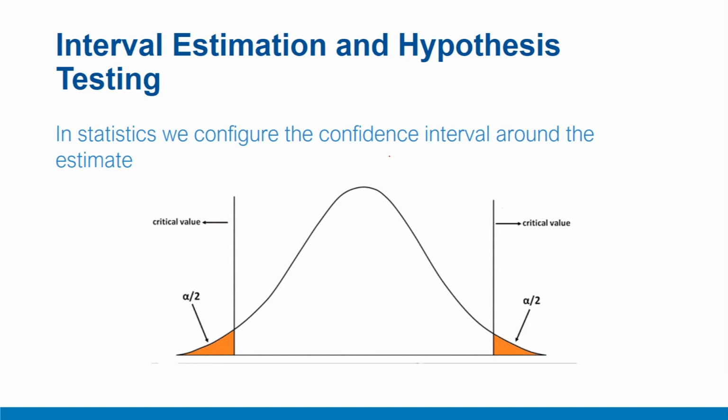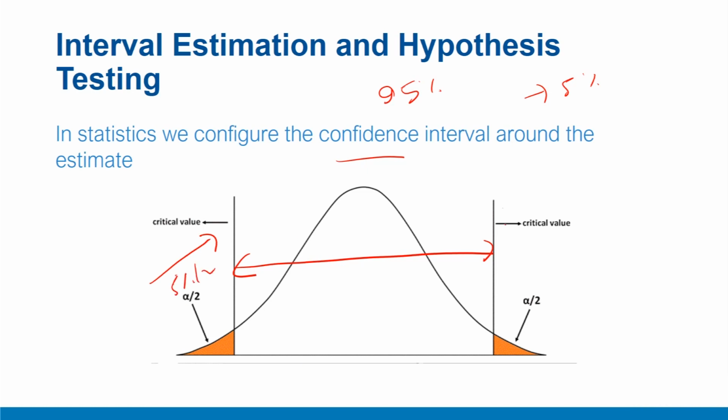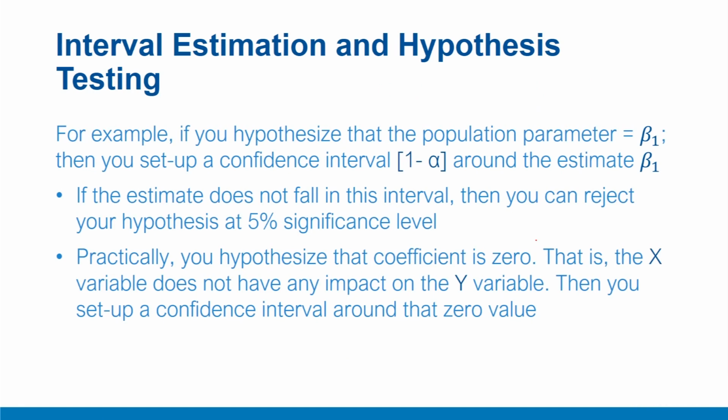In the hypothesis testing procedure, you set up a confidence interval. For example, let's say you want to be 95% confident in your estimate of that coefficient or parameter estimate. Then there is a 5% chance you are willing to take where you may be wrong. Therefore, if you have taken this 95% region of confidence, then the remaining 5%, which is distributed in two half regions, 5% divided by 2 and 5% divided by 2, which is